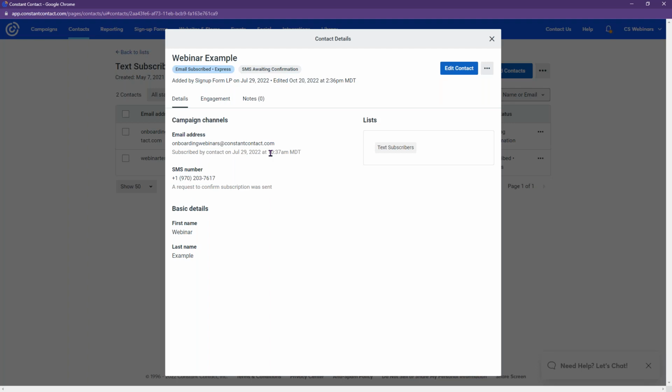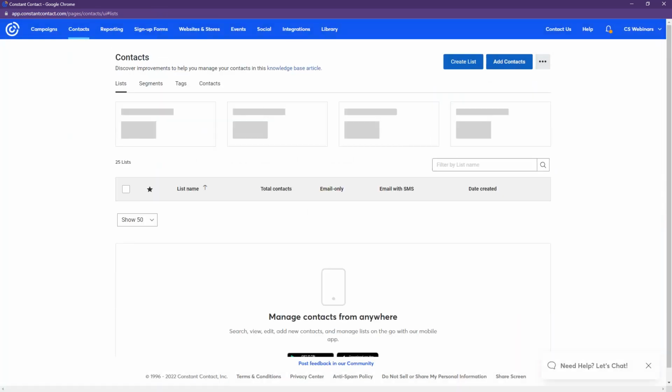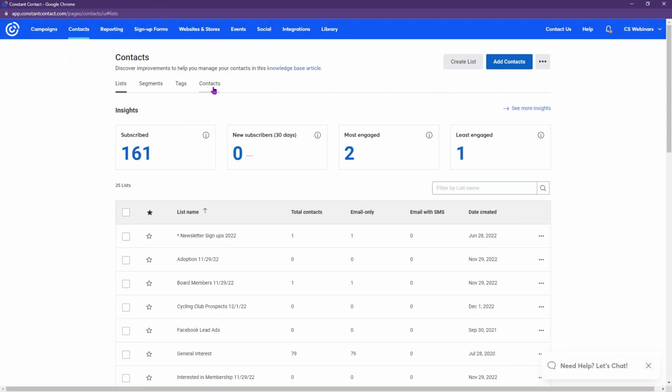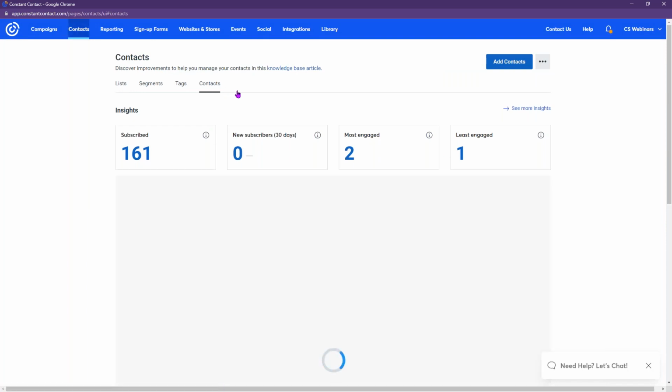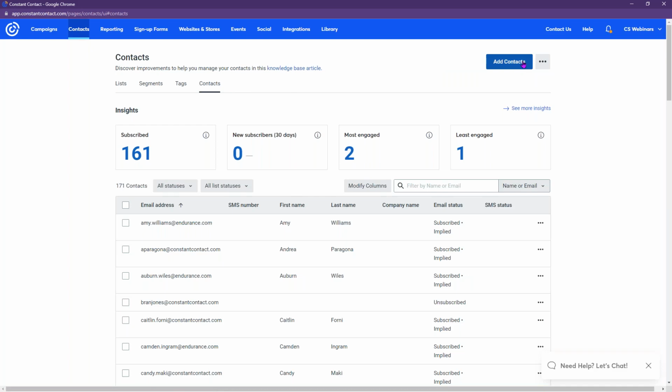All right, so on the topic of contacts, if you already have an existing list of SMS contacts, specifically from another SMS provider, which is kind of the use case for this situation in most cases, you can upload that list of phone numbers so that they don't have to go through and sign up since they've already given you permission. And you would upload that through a spreadsheet. In order to do that, you would click back here, click on this contacts subtab, then come up here, click add contacts,